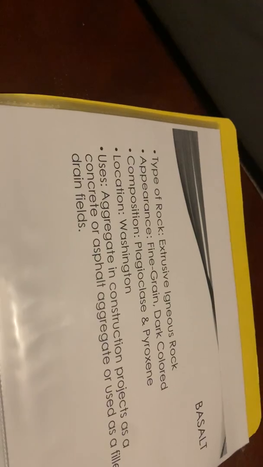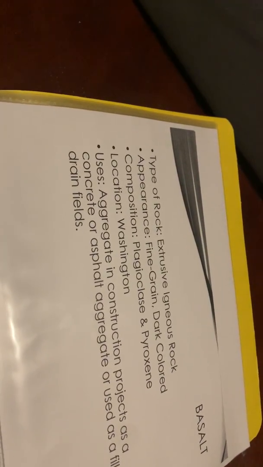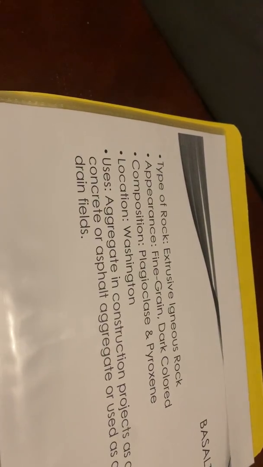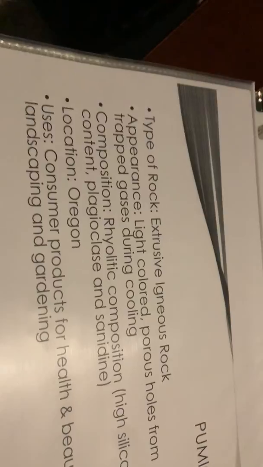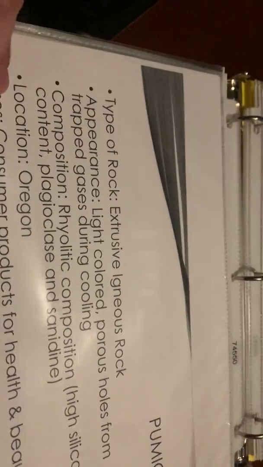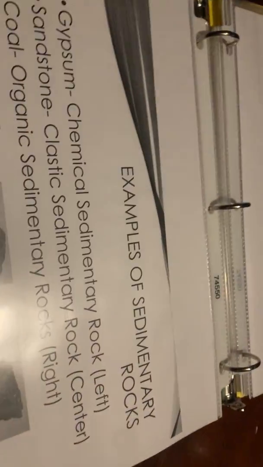Basalt is an extrusive igneous rock. It's fine-grained and dark-colored. The composition is pyroxene, and its uses are as an aggregate in construction projects, as a concrete or asphalt aggregate, and as a filler in drain fields. Then we have pumice, which we have discussed. I'm going to move on because there are a lot of things that this presentation encompasses, and we have 5